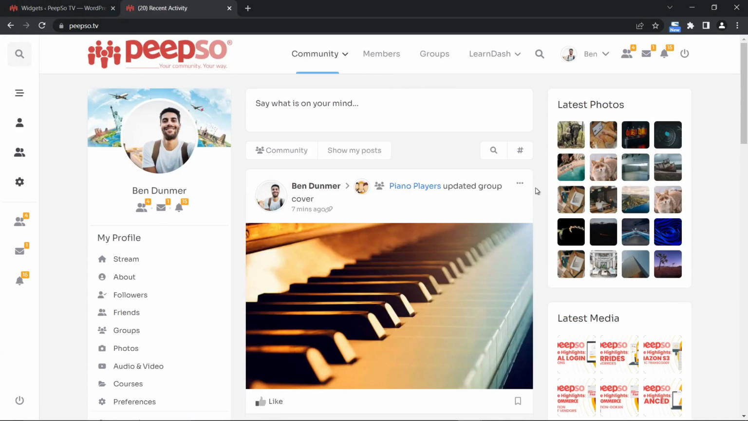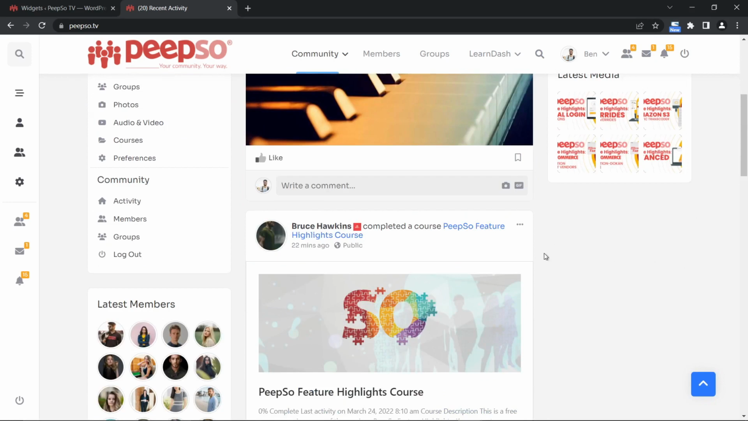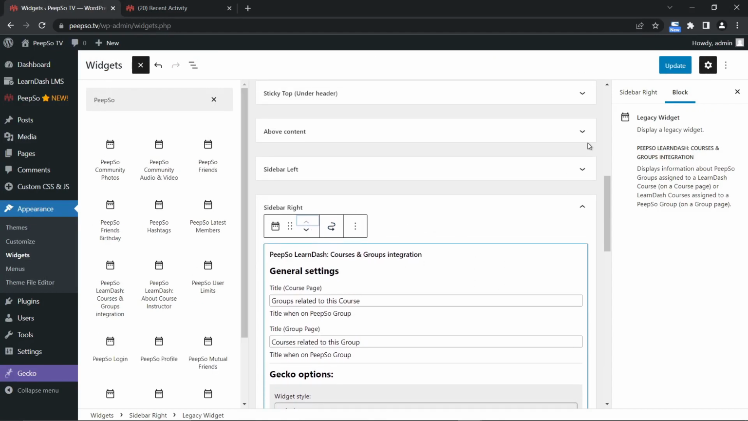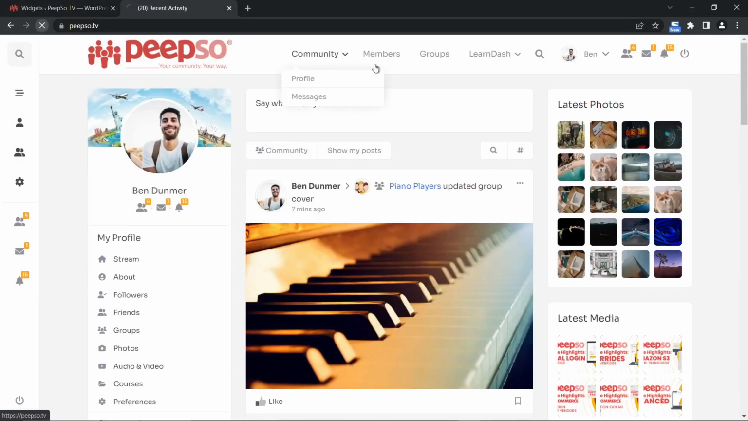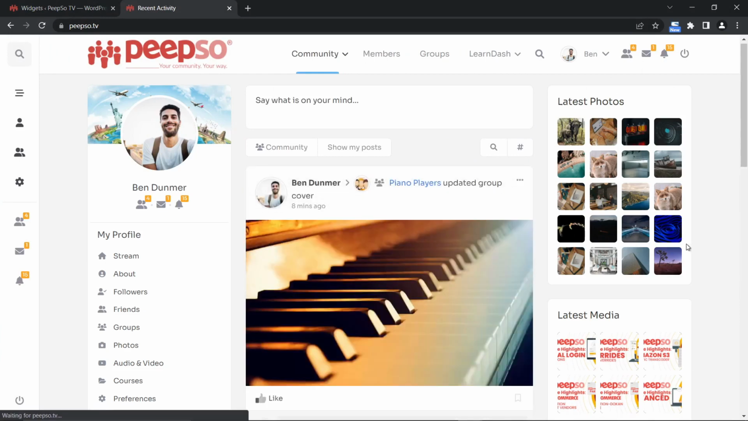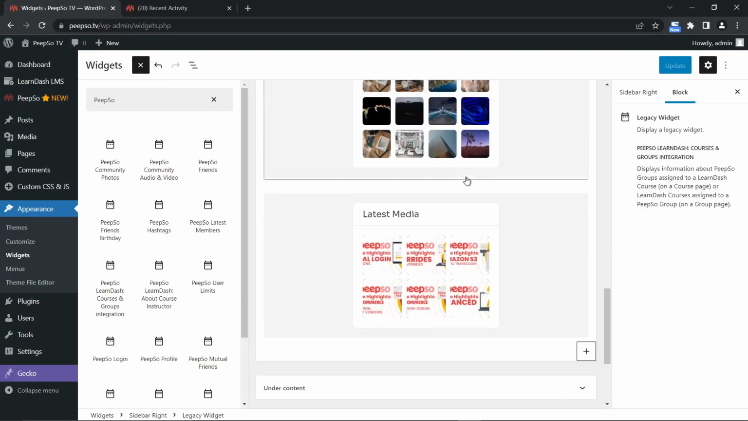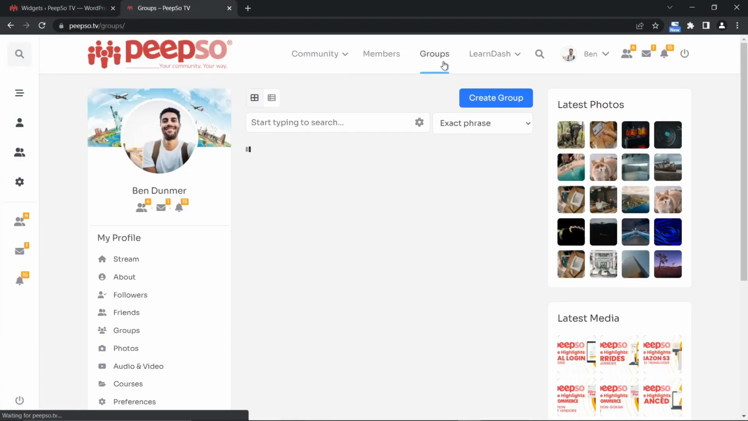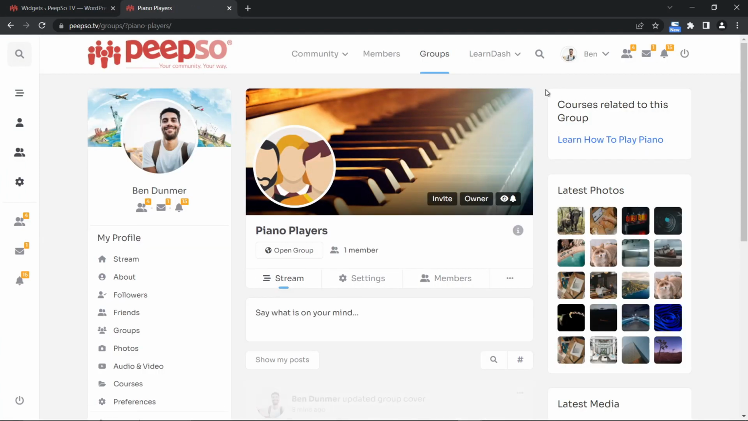Because we are not on the group page and we are not on the course page, we don't really see that widget over here, right? There's nothing displayed, although the widget should be showing. Let's change the position so it's on the top. Update, refresh the page, and there's nothing. There is no widget, right? There is just latest photos and latest media as shown here. But if we go to the groups page and then open this piano players group,